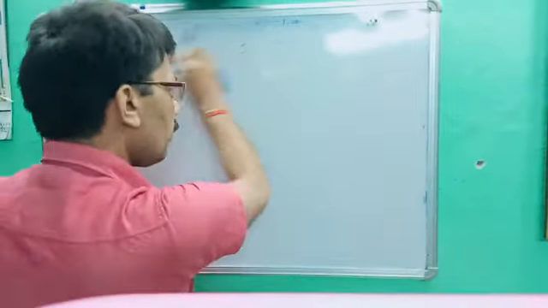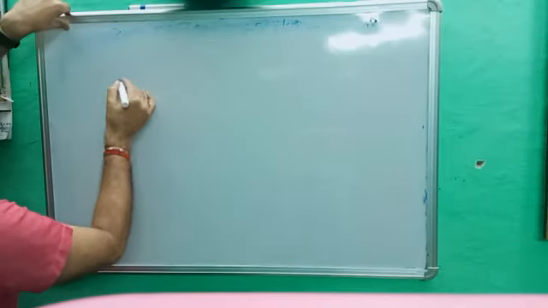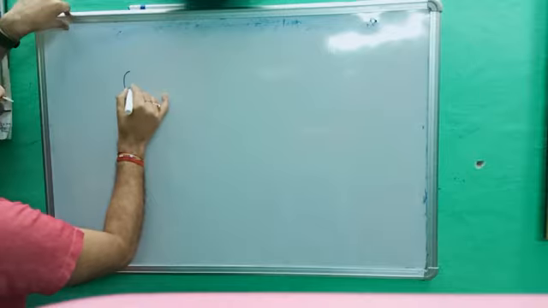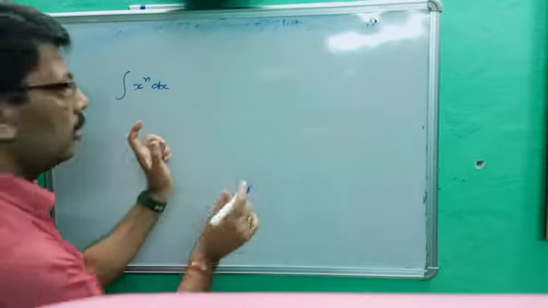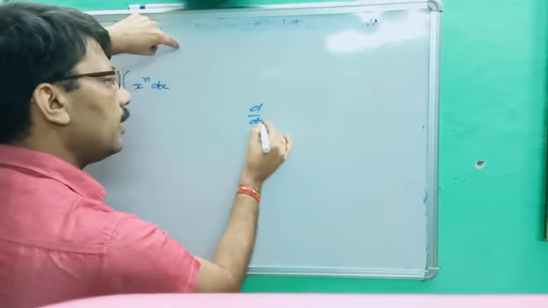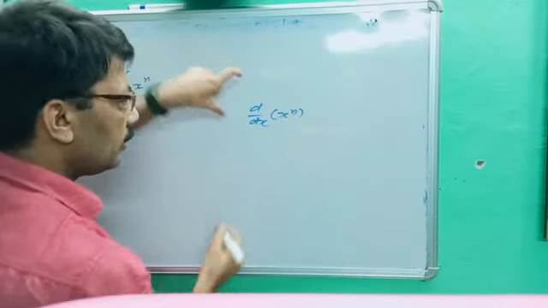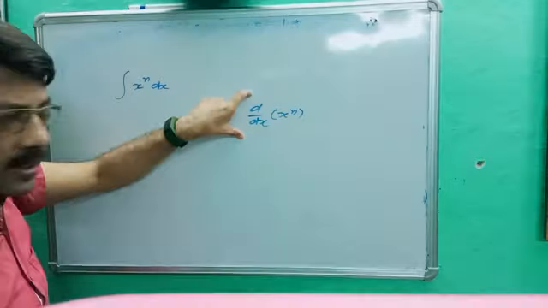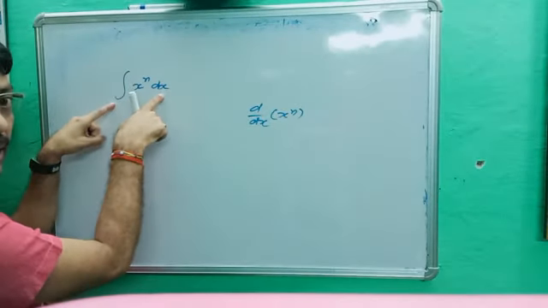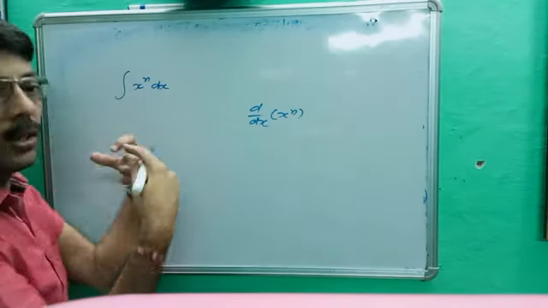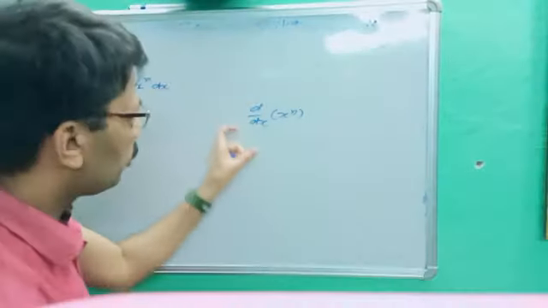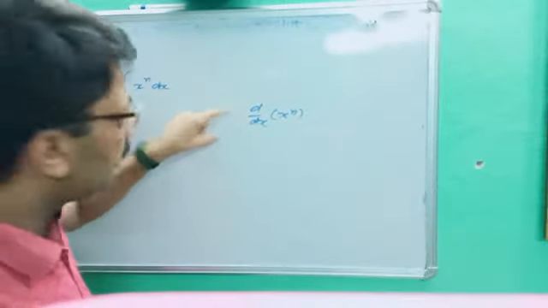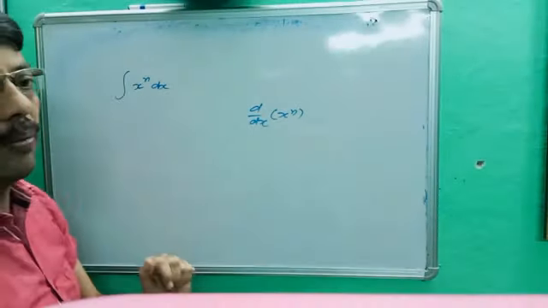Okay. Now, the first formula for you. This is very, very important. Mostly questions will be solved by this. Integration of x power n dx. See there, this is the point. Previously we got d upon dx of x power n. That signifies differentiation. If this symbol is used and you write dx or d theta or dy according to the function, then this confirms that you have to do the integration. So d upon dx is the differentiation, and this symbol with dx is called integration.